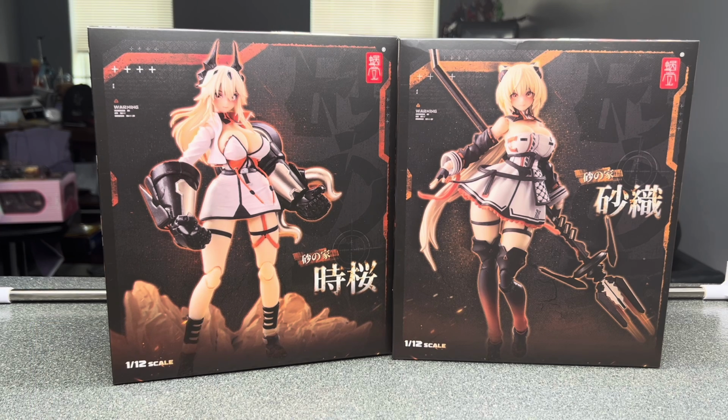Today we are taking a look at a third-party company. I want to say the company is called, oh no, this is Snail Shell, but this is a third-party company. So these two figures are from Snail Shell. I have reviewed some Snail Shell figures before, so I love them. If you don't know anything about Snail Shell, they are one of the biggest companies making waifu type figures right now. According to the website, we have Sandhouse Shikura, and I believe that's her, and then Sandhouse